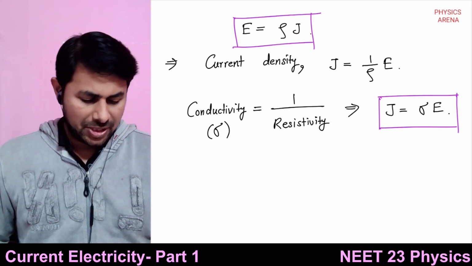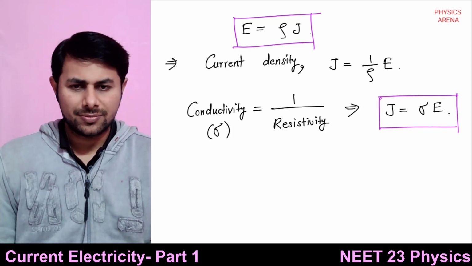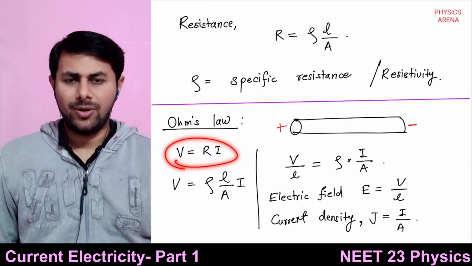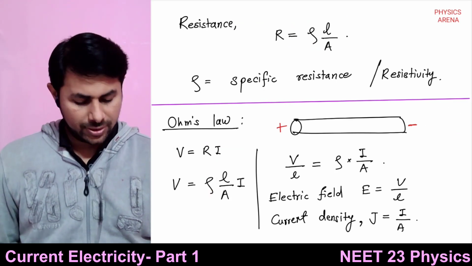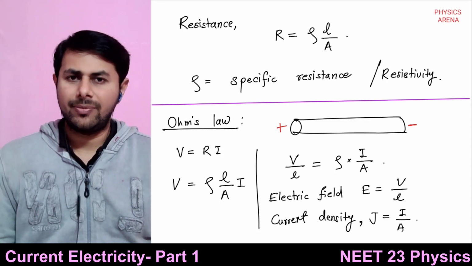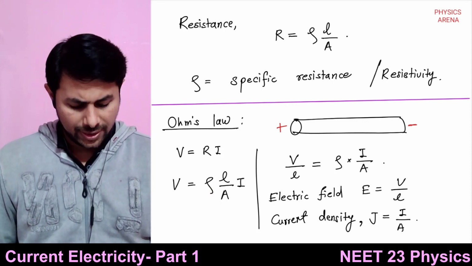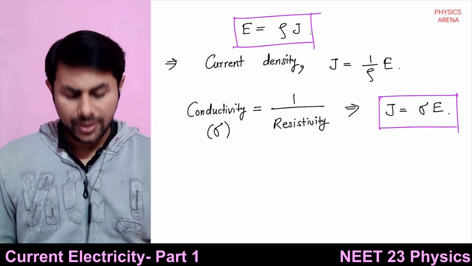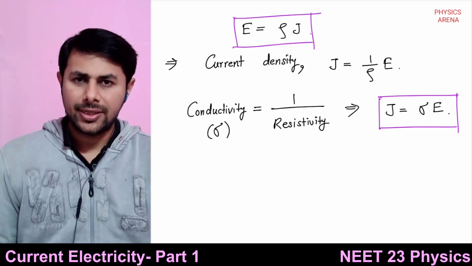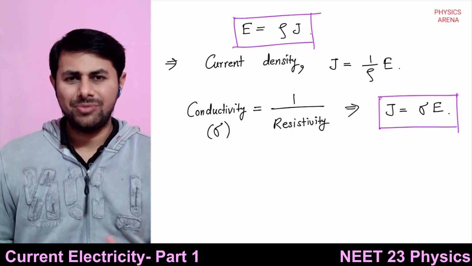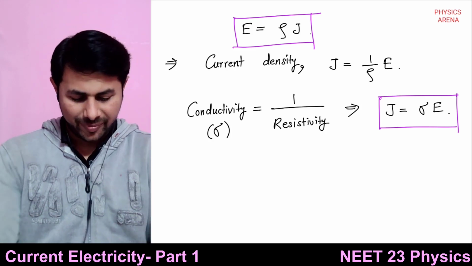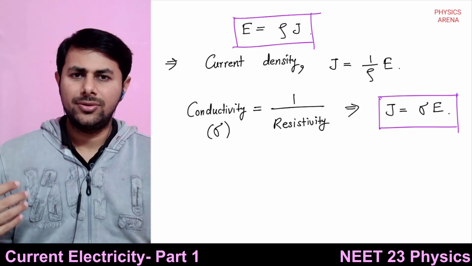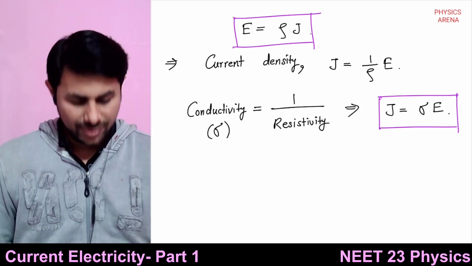This is another expression for Ohm's law, we can say, right? Because we started with Ohm's law and just substituted R is equal to rho multiplied by L upon A. So this is another expression for Ohm's law. Now there are too many relations and we need to memorize all of them. Next, we are going to derive Ohm's law from